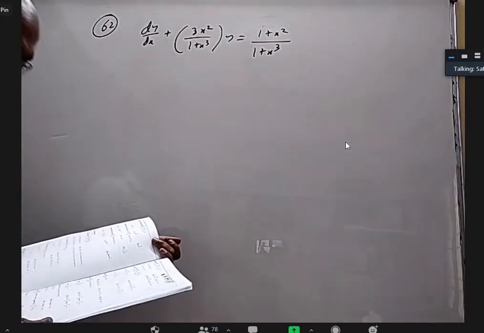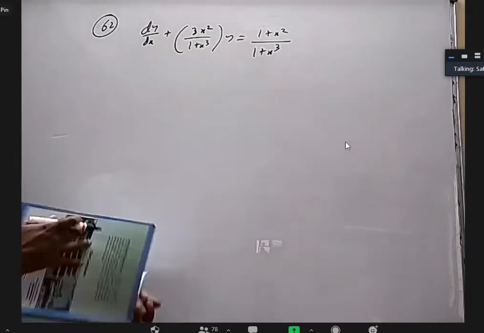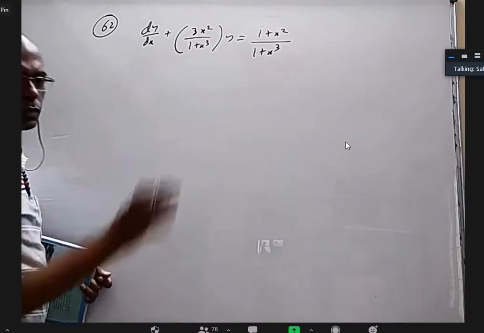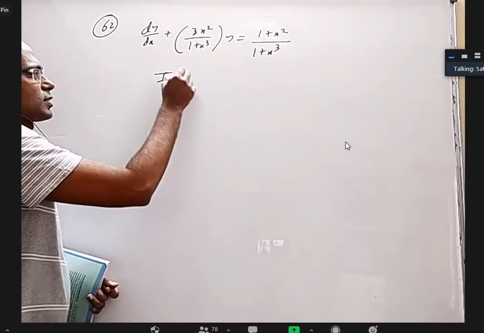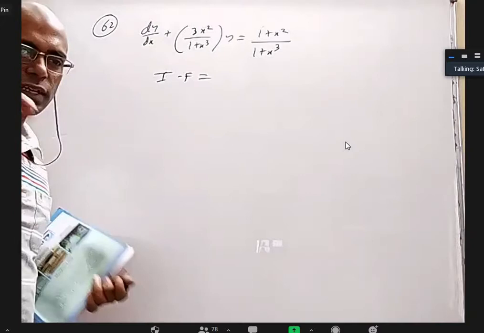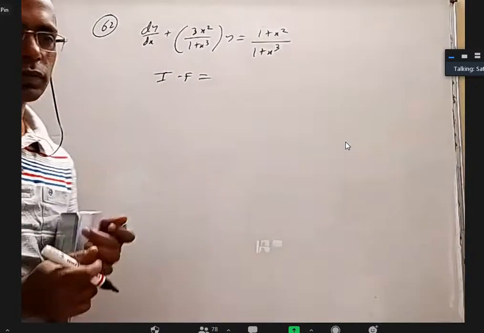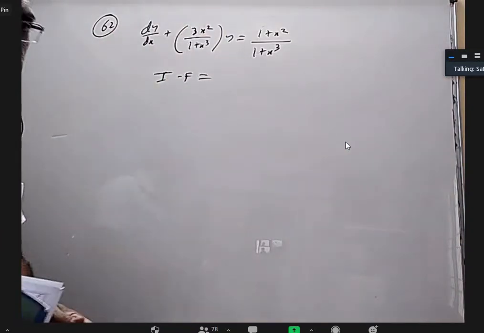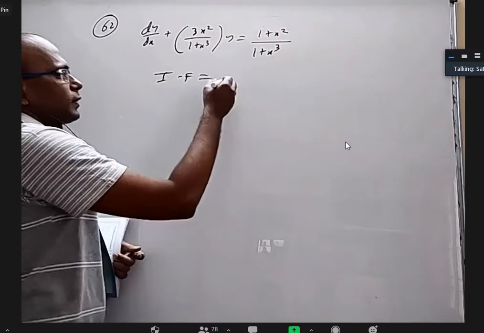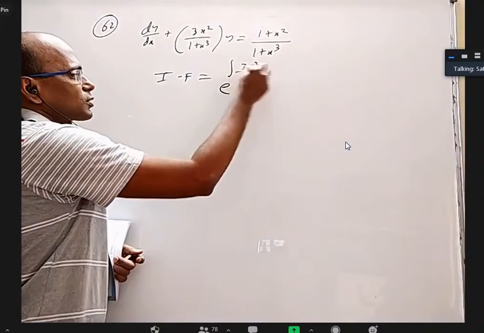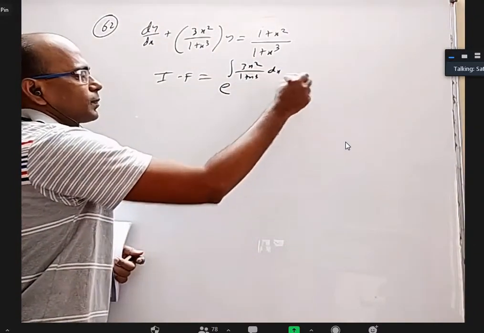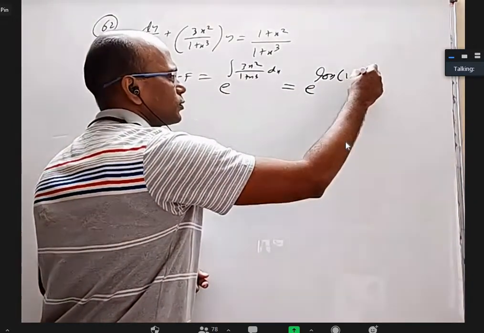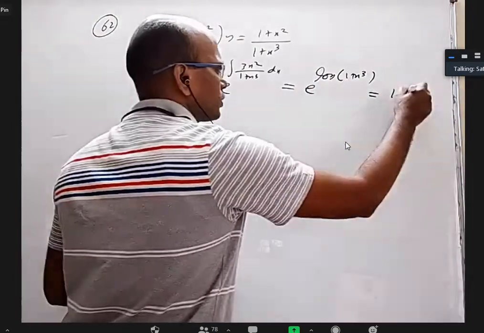Okay, this also is directly dy by dx plus py equal to q. Just find the integration factor. I can easily understand 1 plus x cube. If I bring this side, I can write it as a product. But anyway, we are following the process. Let us just do it. But if you understand what this integration factor is, what the solving method is about, you will see as soon as you see the question, you'll understand 1 plus x you bring here, the derivative of that is this. But anyway, e power integral 3x square by 1 plus x cube dx. This is a derivative, so directly log of 1 plus x cube. e and log will go, you will get 1 plus x cube.